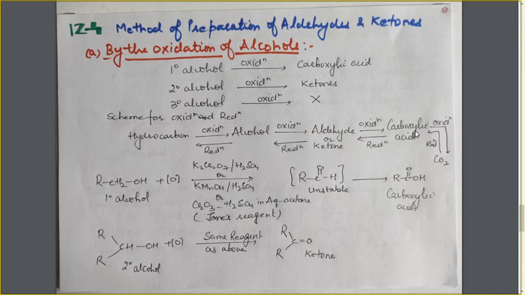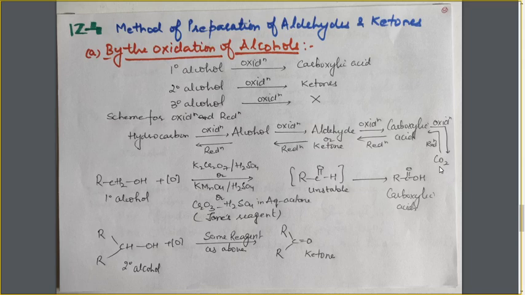In the carboxylic acid, the oxidation state of the carbon atom is +3, and the highest oxidation state of carbon atom is +4 in carbon dioxide. So if the carboxylic acid is further oxidized, it will form carbon dioxide. If the hydrocarbon is completely oxidized, and that happens only when it is burnt, then the end product will be carbon dioxide.